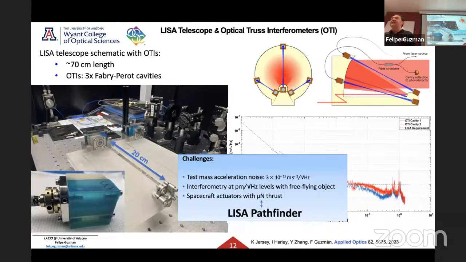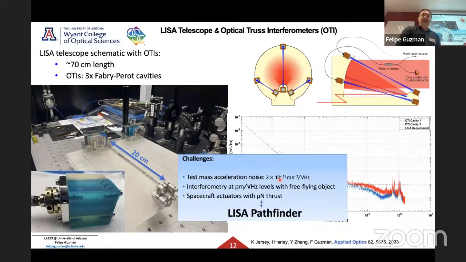So as you see, LISA is a very demanding mission. It's very challenging. That's why NASA and ESA decided many years ago, about, I would say, way too long ago, to launch LISA Pathfinder, to test three very specific points that would make LISA possible. One is the residual acceleration noise of the test mass. We want that test mass to change positions only at the path of a gravitational wave. So that means we need to shield it from everything else. And that everything else gives a residual acceleration noise of 10 to the minus 15 meters per second squared per